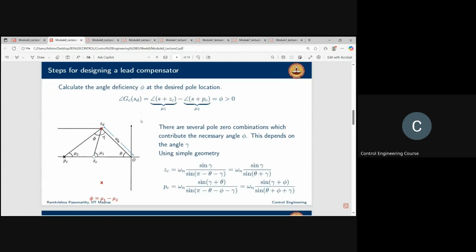And then you calculate the angle deficiency at the desired pole location. Calculate the angle of GC at SD. The thing is, there are several pole zero contributions that